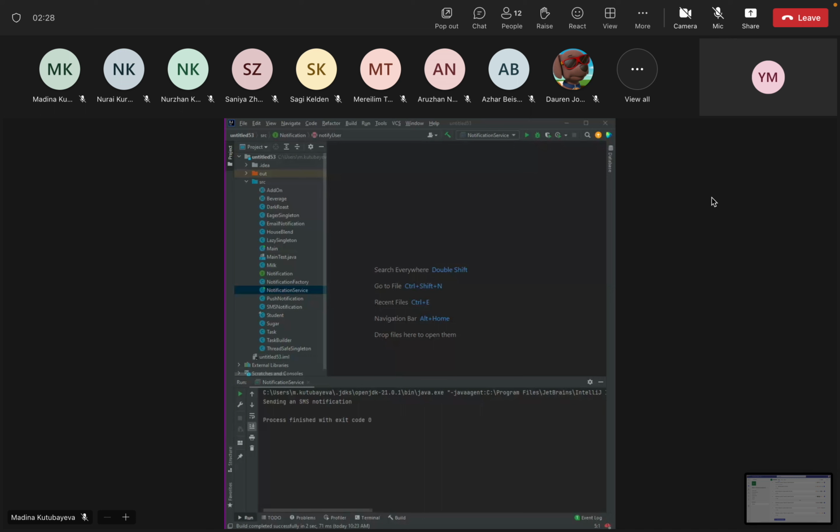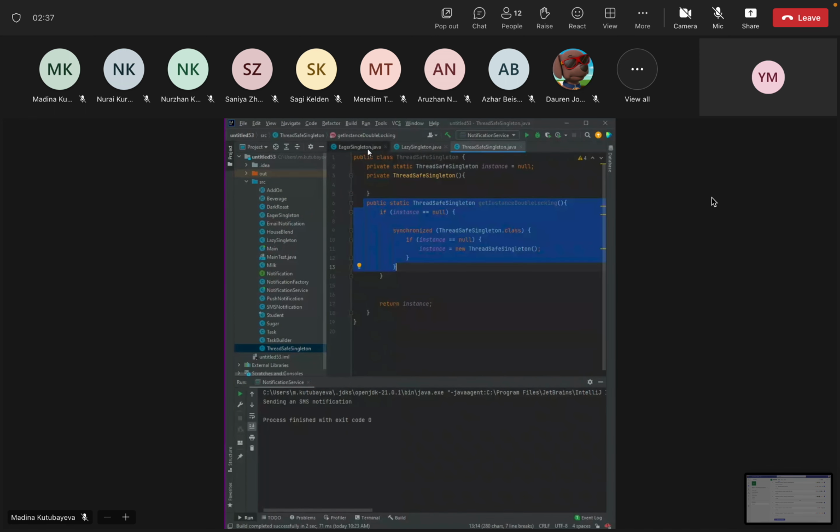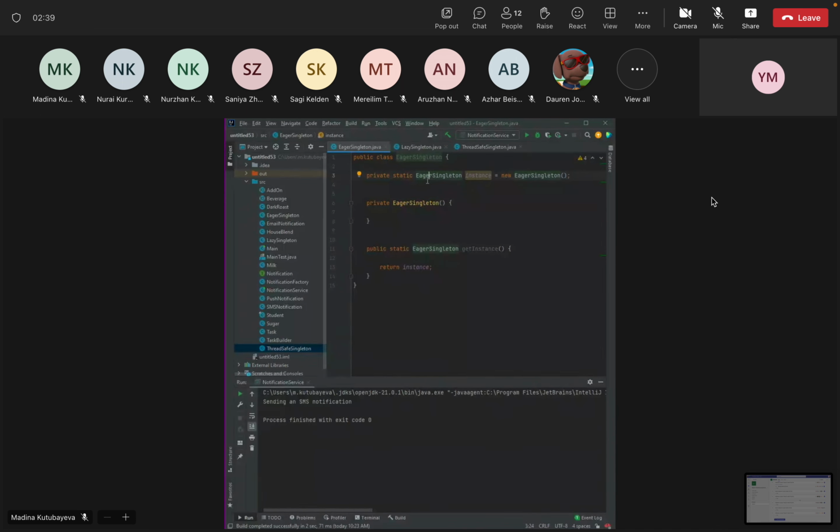Eager singleton, lazy singleton, and thread safe singleton. As you can see here at the first implementation,